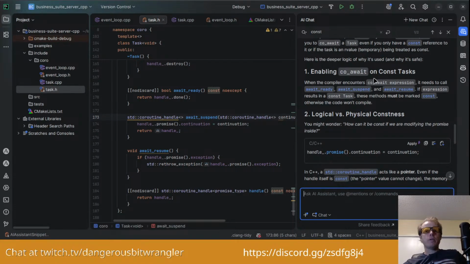Enabling co_await on const tasks: when the compiler encounters a co_await expression, it needs to call await_ready, await_suspend, await_resume. If the expression results in a const task, these methods must be marked const. Otherwise, the code won't compile.